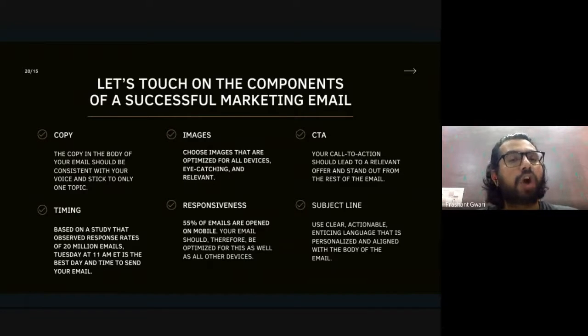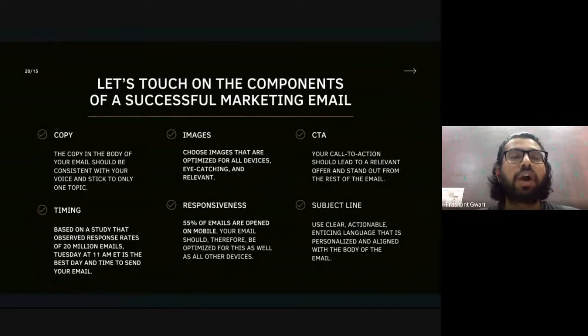Relevant means the topic you are choosing for your email marketing content should be the same topic you are using in your email. So create some images which are related to your product or services and use those images in your email marketing campaign. And never forget about that.